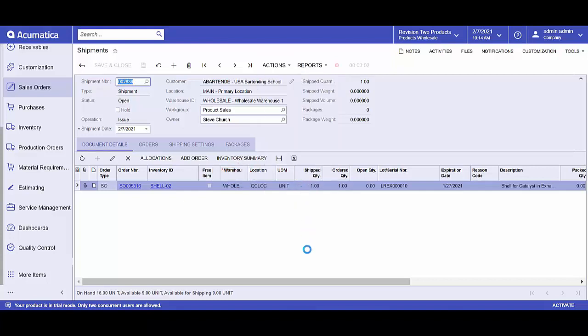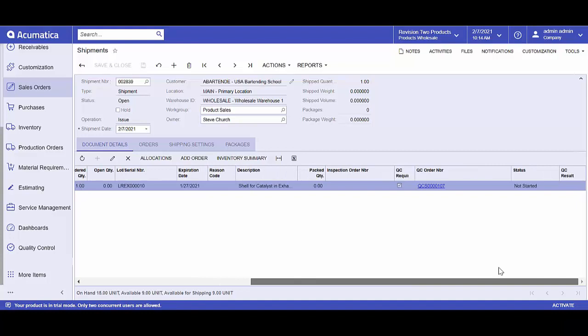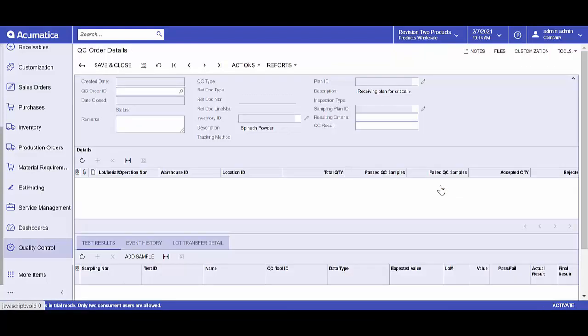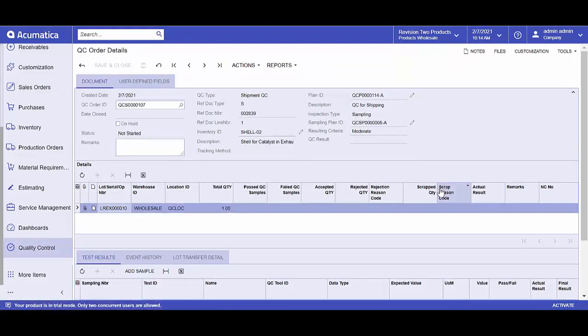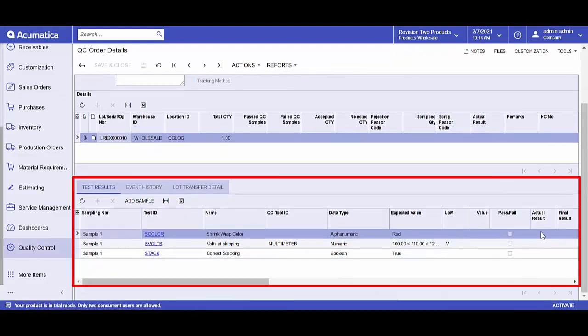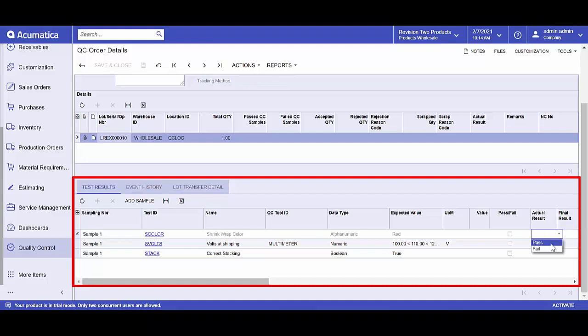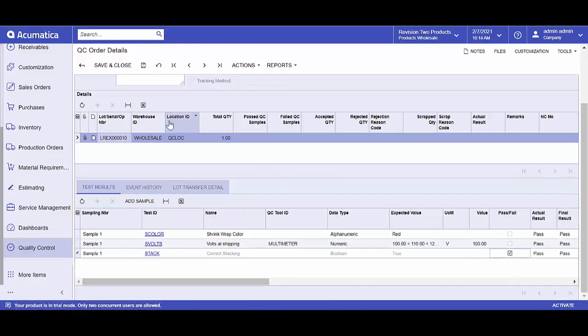Again, I'm going to drill into this transaction directly from this screen. I could go back to the dashboard and access it there, but for today's purposes, I'm just going to go directly into the screen. Same screen we've talked about, same screen you've seen before, and I'm going to indicate, yep, in this case it was red, and it does have a value of 100 in terms of bolts, and the pallet was stacked correctly. I'm going to save,